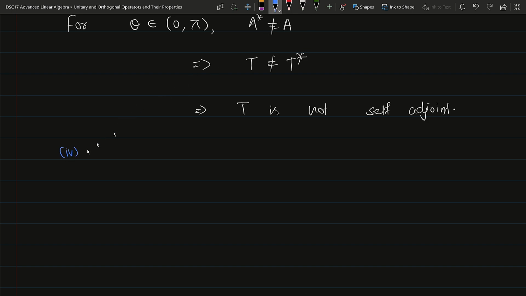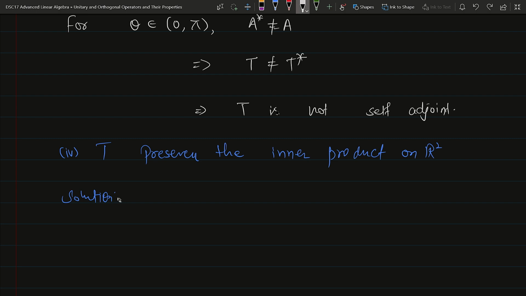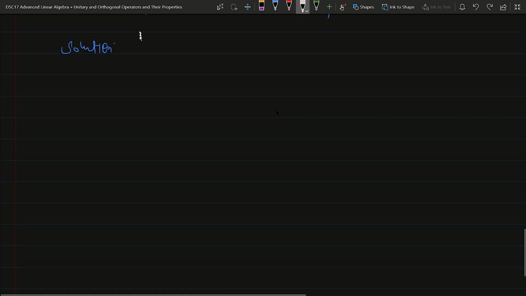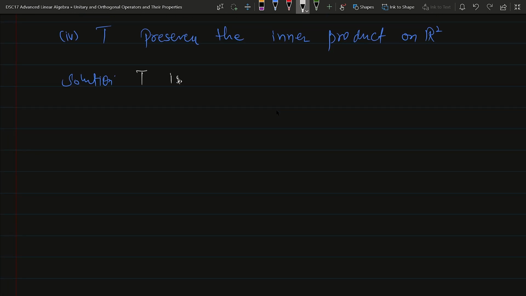It says prove that T preserves the inner product on R square. तो R square पे हमें पता है inner product is the component wise product and then addition. So let me write the solution. Now we know that T is orthogonal, so we have the following discussion, that is T is an orthogonal operator,